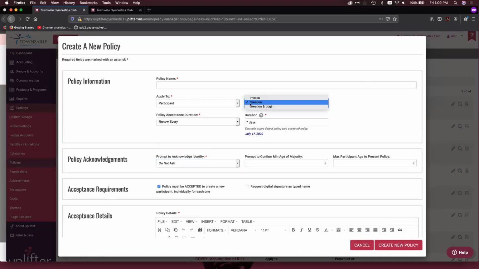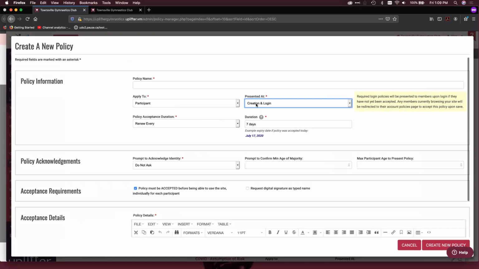If you create a participant policy that is required on login, or perhaps at time of invoice when they register for something, that renews every 7 days, what will happen is the first time they accept it, Uplifter will timestamp that time that they accepted it, and then say that this expires 7 days from now at the time that they accepted it.